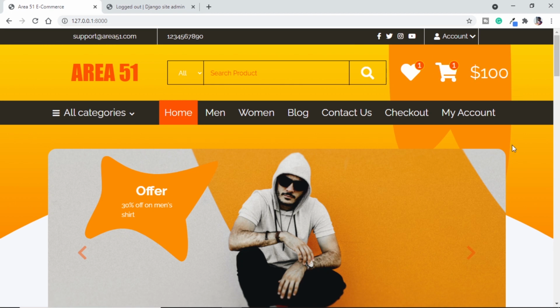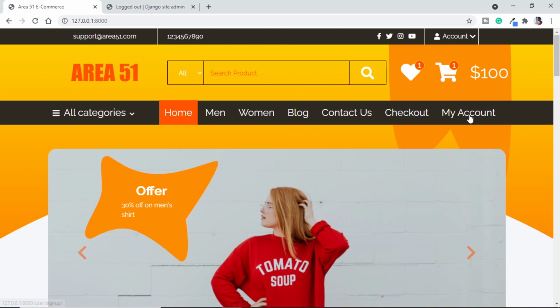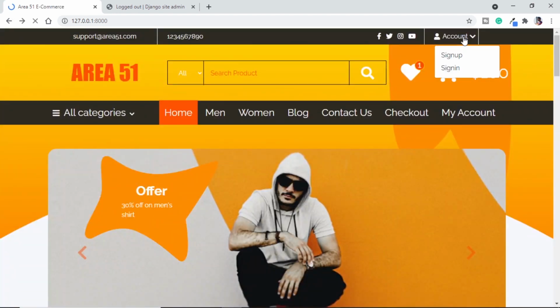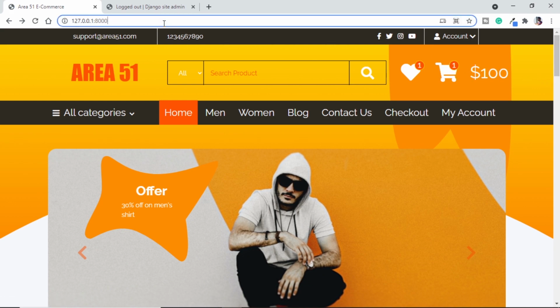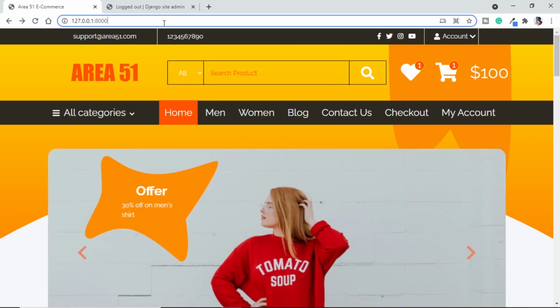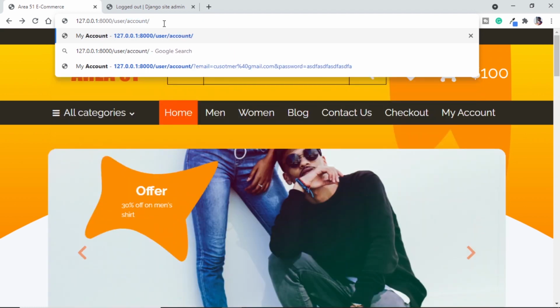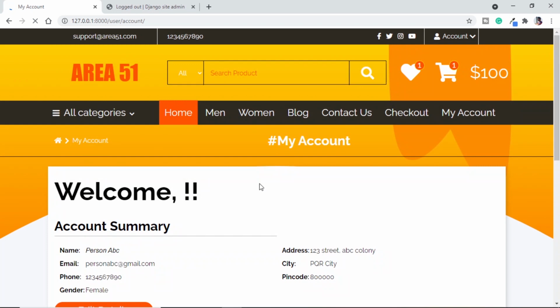One last thing related to login and logout on our website is whenever we are clicking on the my account page, we are going to the sign up page, which is okay. If we are clicking on this account drop down, we are not able to get into the customer account, that is also okay. But if we are aware of the URL that is supposed to take us to the customer account, let's say /user/account is my URL to take me to the user account, we are able to see the account details. What we want here is if anyone is trying to access into the account, we need him or her to log in into our website.